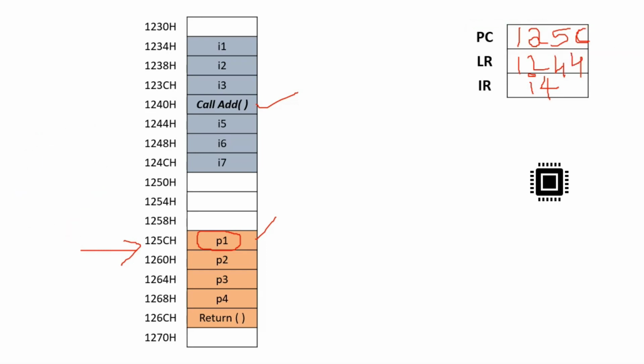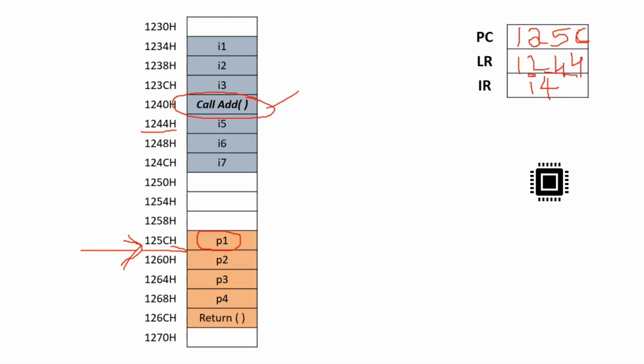So that means when the processor comes to know that the current instruction being executed is a function call, it copies the actual PC value, that is the next instruction address, into the LR register. Then it updates PC to where the function resides in memory. So in our example, the LR register will be 1244, that is the actual next instruction, and PC will be pointing to 125CH, because that has to be executed. It is the starting instruction of the subroutine which we have called, that is add.